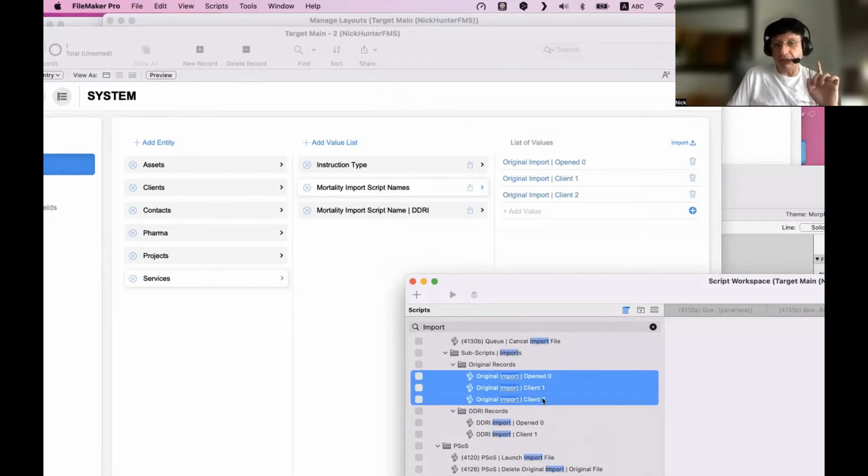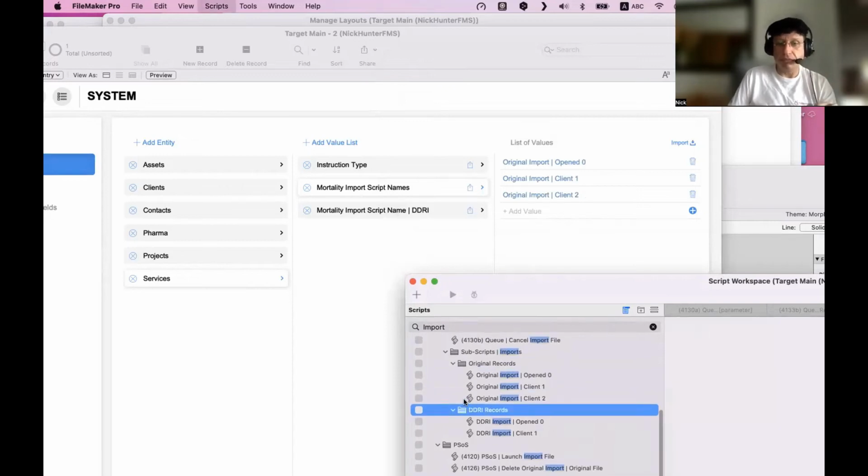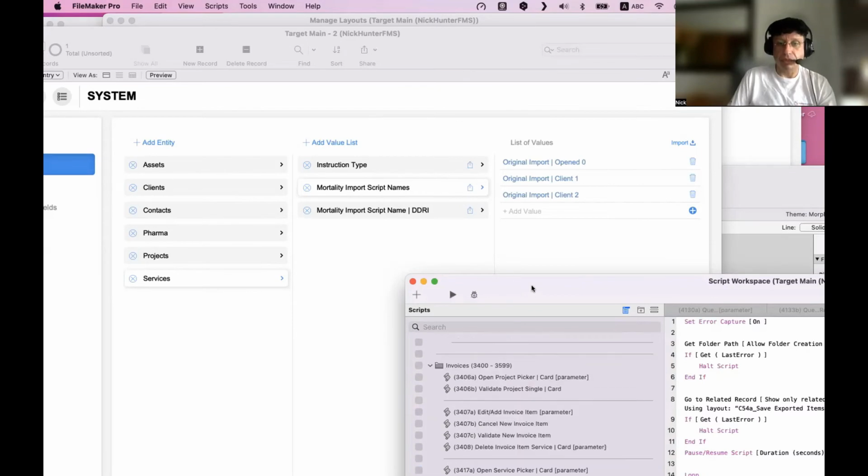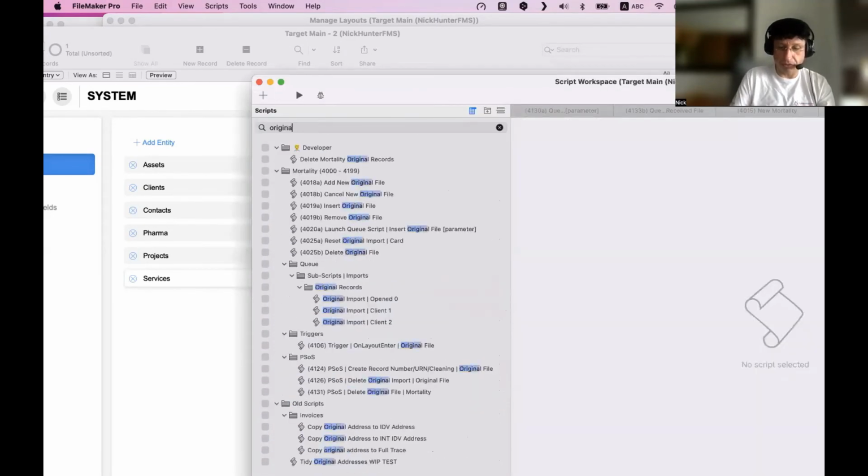I'm putting the name of the script here. I'm naming my scripts, right? And then I copy paste the name and I put it here in a value list. So let's say I have a new one. Let's say, what did I do? Original import.